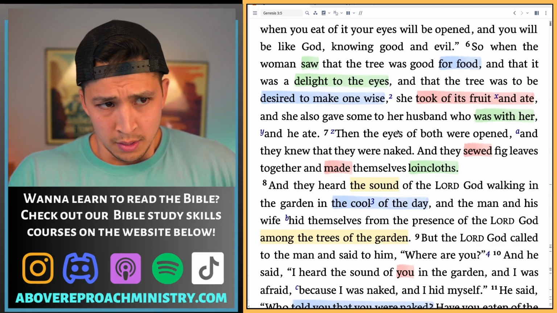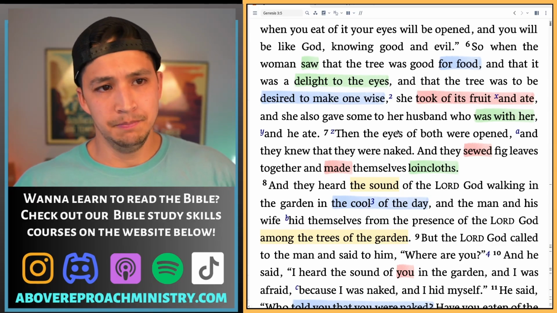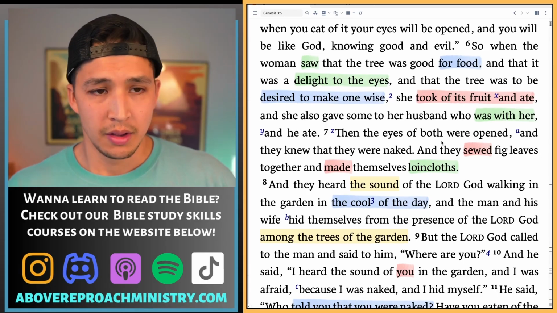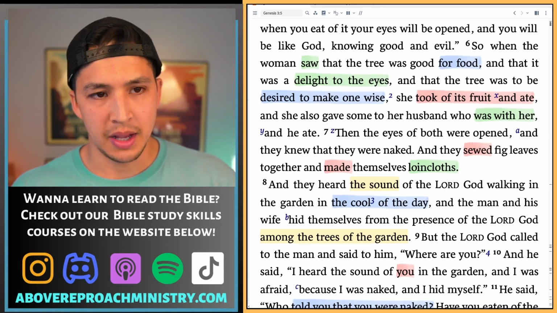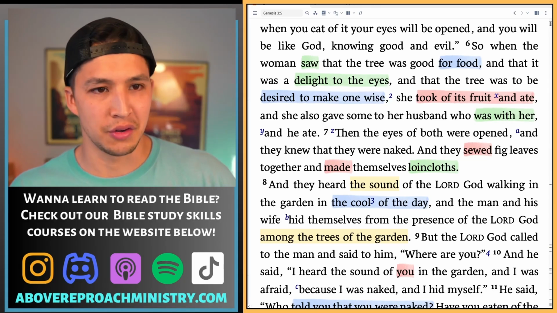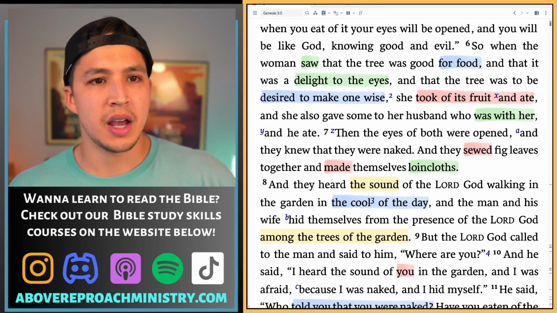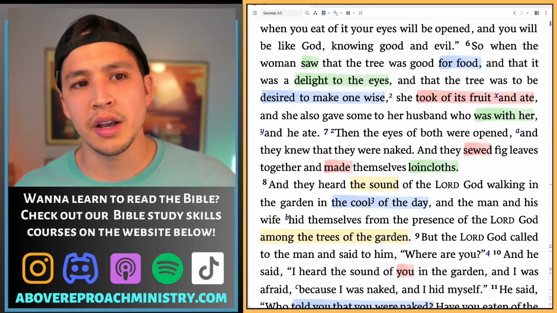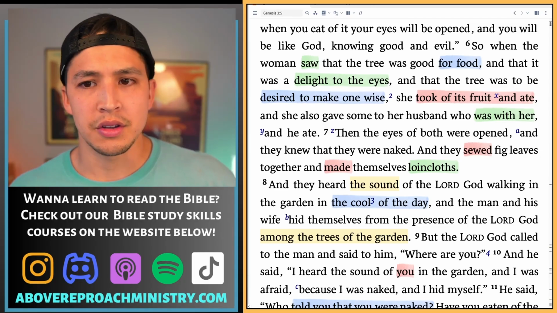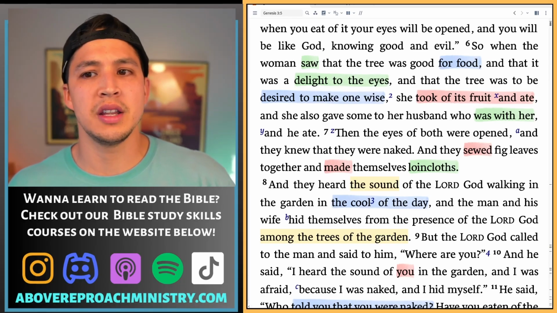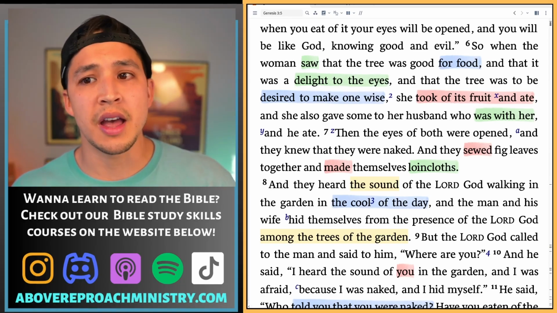So, after Adam and Eve eat, the eyes of both were opened, and they knew they were naked. And they sewed fig leaves together and made themselves loincloths. So I have 7 questions about verse 7 alone. Were Eve's eyes opened when she ate, or only once her husband ate? The serpent told them they would know good and evil, so why is the narrative stating that the first thing they come to know is that they are naked?